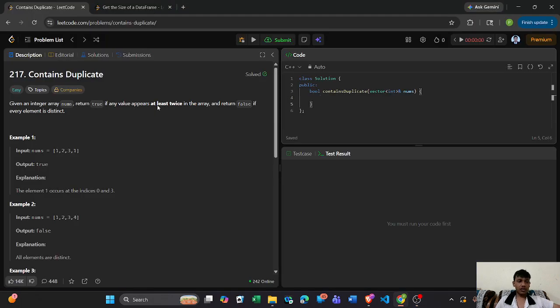So today we'll be solving our LeetCode problem 217, Contains Duplicate. Before we dive into the solution of this problem, let's first understand what this problem is saying. We are given an integer array nums. We have to return true if any value appears at least twice in the array and return false if every